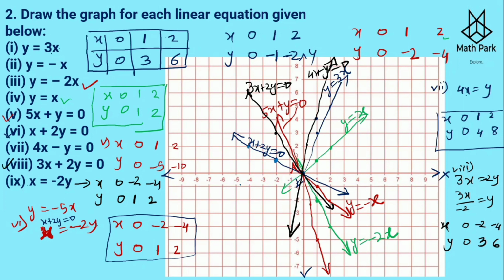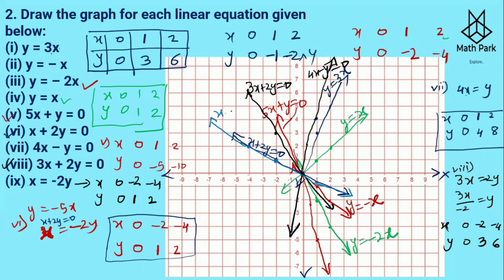So this is 0, 0. If I put y is equal to 1, I got x is equal to minus 2, y is equal to 2, I got x is equal to minus 4. So x is minus 2 and y is 1 is this point. X is minus 4 and y is 2 is this point, and 0, 0. So is this the same line? This is overlapping. So this is the same line, which was x plus 2y is equal to 0